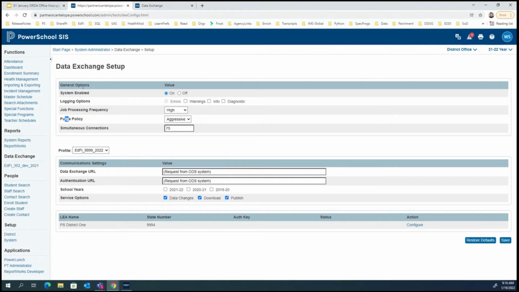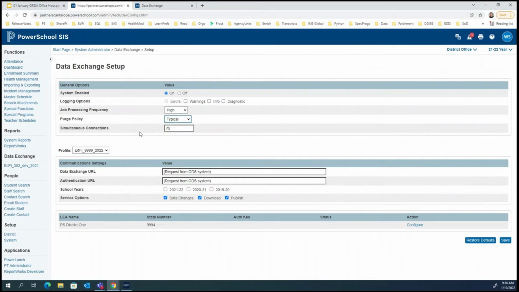Okay. Wendy, I haven't seen very many questions in the chat, but it's useful to go through these settings just so everyone understands what they are, and it's not just a field on a page that is kind of meaningless. Right. Yeah, I agree, because it can look like, what is this purge policy? I agree, and I hope this helps you a little bit when you get in here and do this on your own.